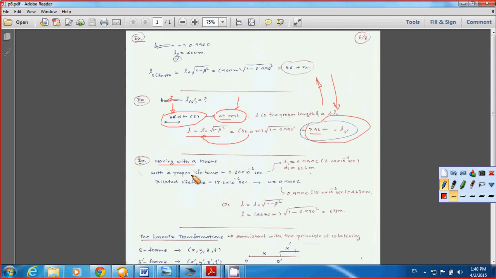Now our moving muons. We have the proper lifetime to be 2.2 times 10 to the negative 6 seconds. So if the cosmic ray is moving for 2.2 times 10 to the negative 6, that means it will travel a distance of 653 meters. And if it has a dilated lifetime, right? Time dilated, just like we were talking about the time frame last time. You're going to have, when you're sitting on the Earth,